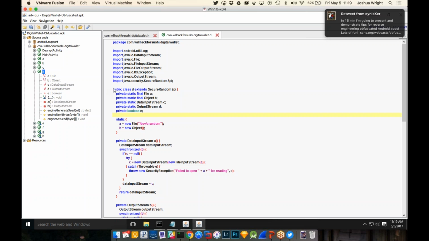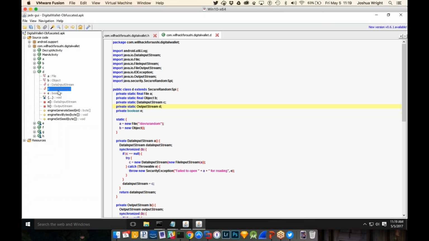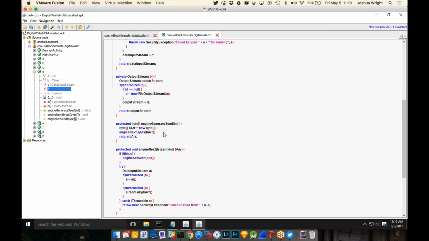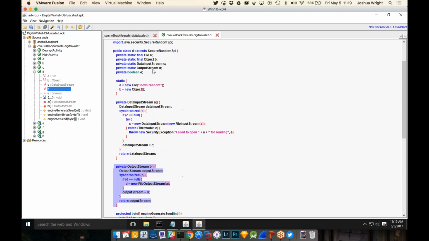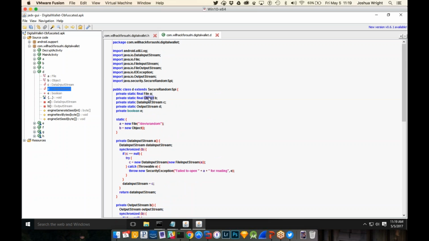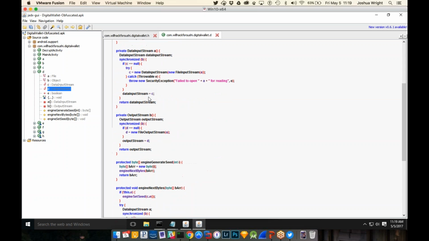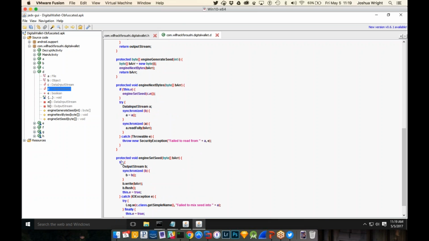And I could write on my notepad, okay, this is com.willhackforsushi.digitalwallet.d, and then we look at, let's see, the B class right here, okay, so the B method right here, and we can say, okay, synchronized B, what is B? Well, we have to come up here to say, okay, what is B? B is some kind of an object, okay, I don't really know what that means yet, but we can keep going here,